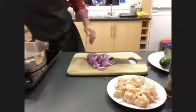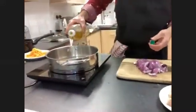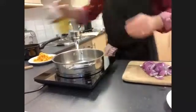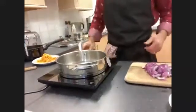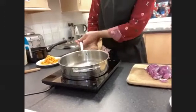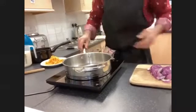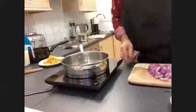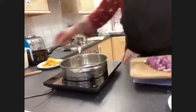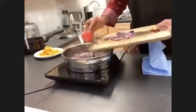So I'm going to put a tablespoon of oil in my pan. I'll just do it by eye, but use a measuring spoon if you want to. Right, this is going to test me now. This is the new hob. So I'm hoping it makes a good noise, but it's a bit quicker than the last one. So the oil's in there. I'll add the onion,